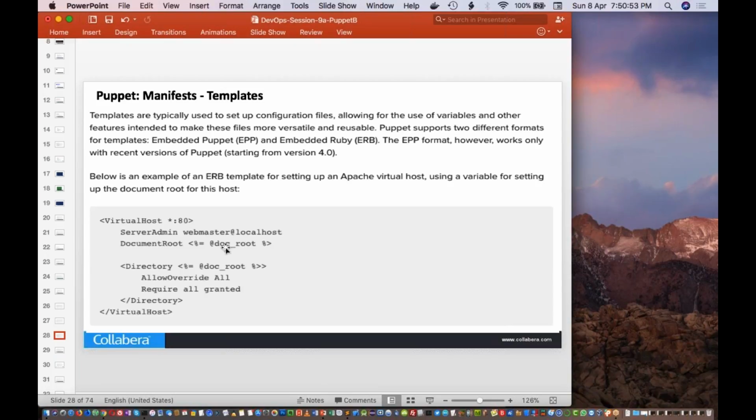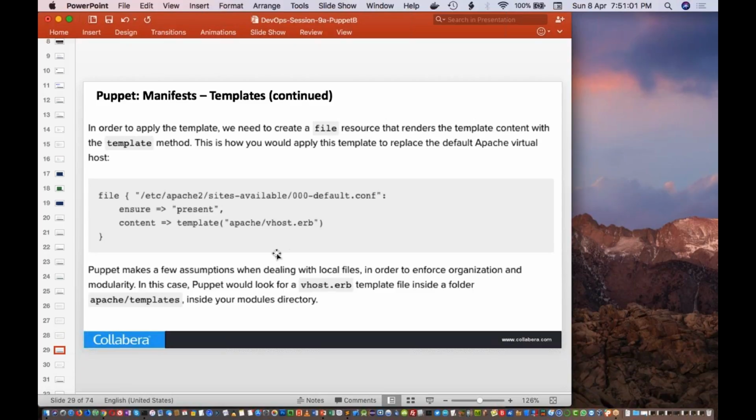This we already saw in our Chef examples, so that is also applicable in Puppet. Then if you want to specify the content for a file from a particular file that you created on your machine, then you can create the content like this. We'll see an example for this one.